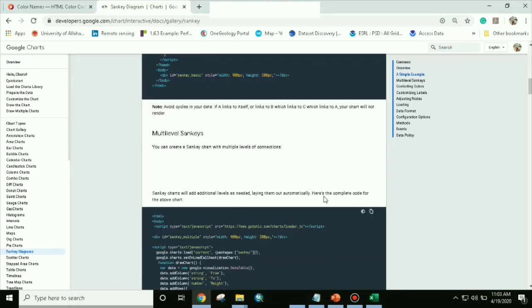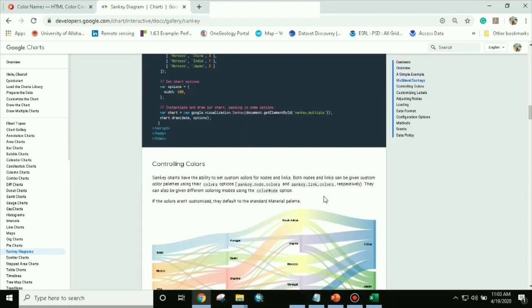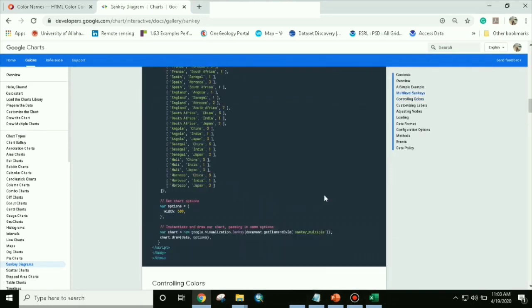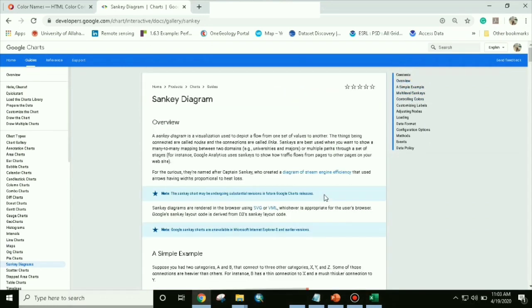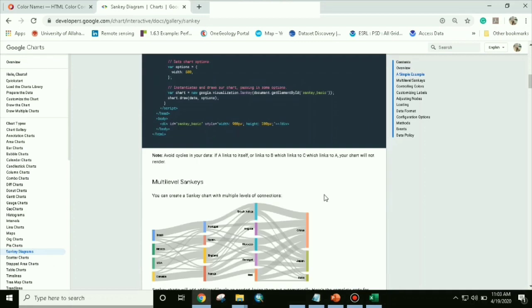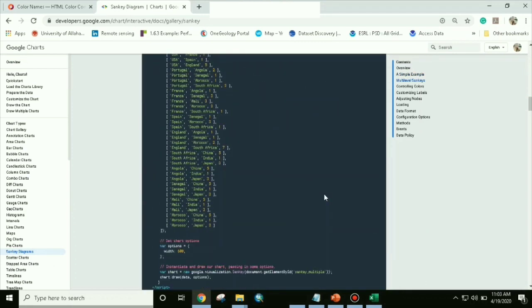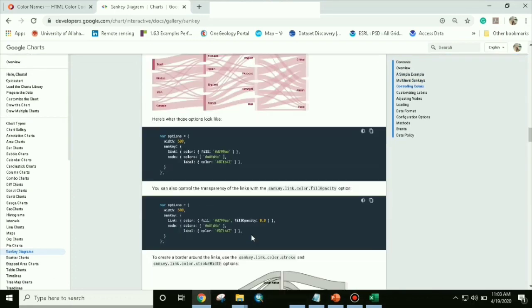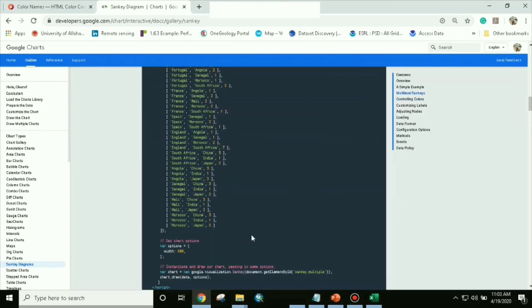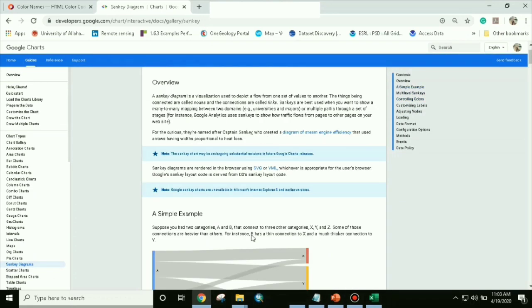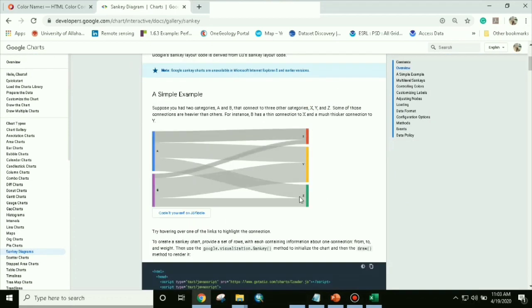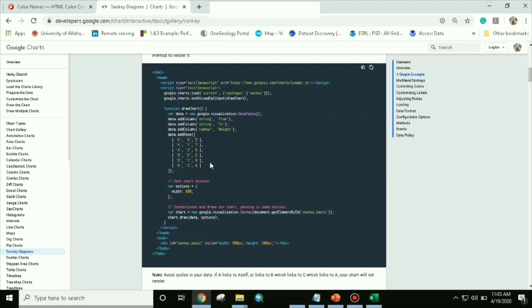What are the details? The coding is all given. What you need to do is just modify the code. There is no need for prior knowledge of programming. We'll edit this code and put our data inside it, and we will also change the color. I will show each and everything one by one. First we will see how to create Sankey diagram using Google Charts. Here A, B and X, Y, Z, 3 parameters have been taken, and the data for the 3 parameters is over here.